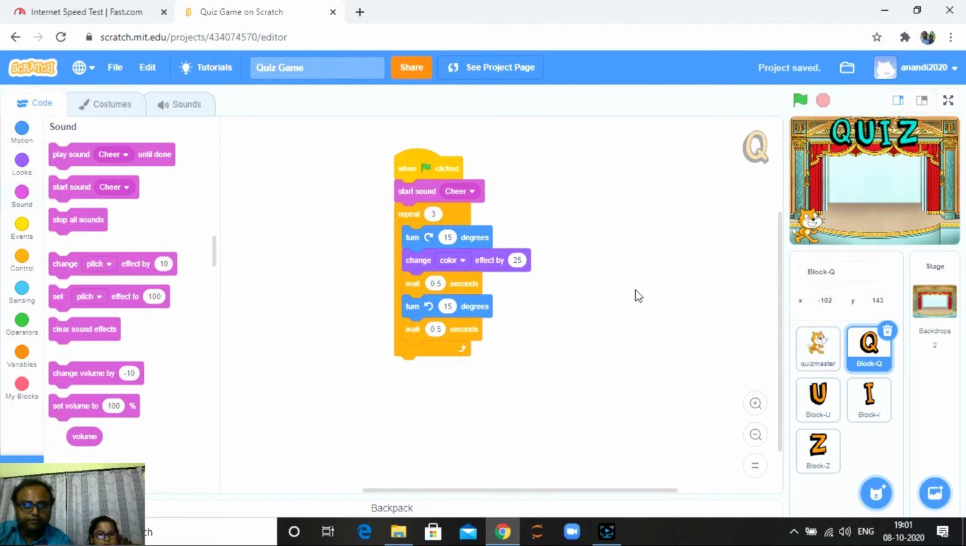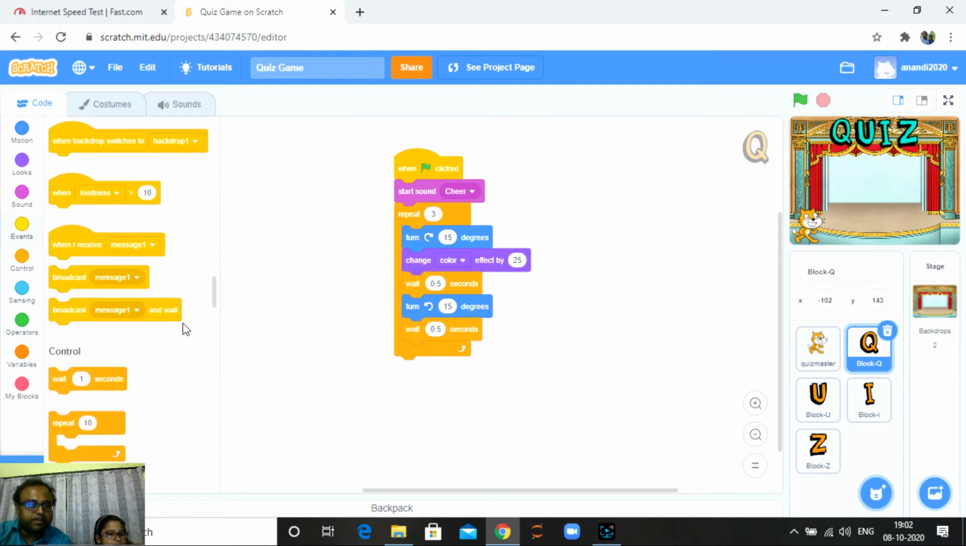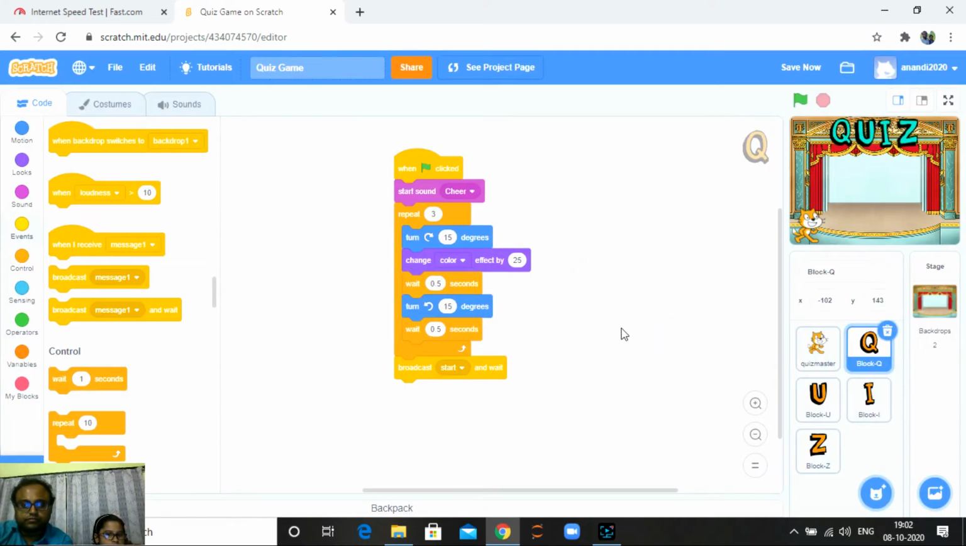Now what I was telling, we need to broadcast one message when this animation is done. So here we need to add something so that quiz master starts his quiz. So we will be adding one broadcast message from the events. Broadcast some message, maybe like start quiz or only simple start. So when this animation is done, this queue will broadcast this message and quiz master needs to catch this message